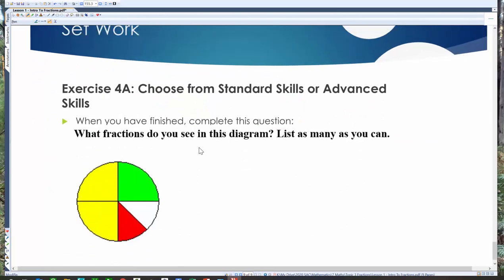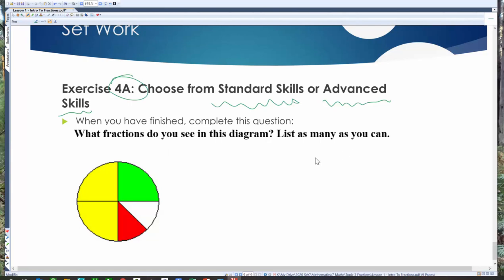All right, so on to the work that I need you to do now. So turn to exercise 4A. Have a look at the document that shows you what questions. The questions are split into different groups there. So reminder that depending on your level of confidence will dictate which area of questions you work on. And if you've finished that one, then you go to this one here, which is what fractions do you see